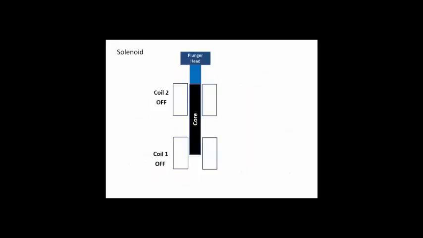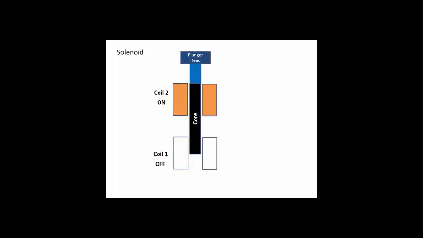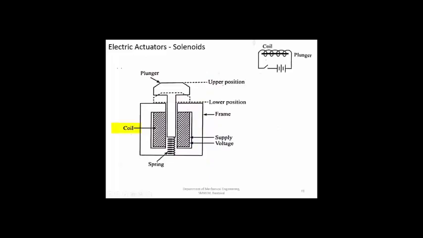Instead of a spring, you can have multiple coils, one coil on one side and a second coil on the other side. Then you can have continuous reciprocating motion without using any spring. So those designs are also possible. Basically, a solenoid has two elements. One is the coil, the other one is the core, which is made of a ferromagnetic material. Then the plunger, you can connect it to any external load. If you supply the power here, maybe AC, then this is magnetized and the plunger is pulled down and you get the movement. That is how the solenoid operates.